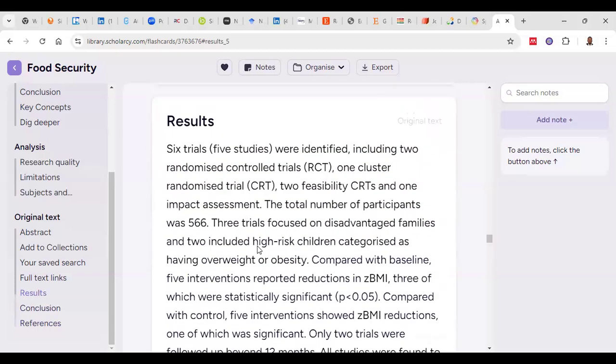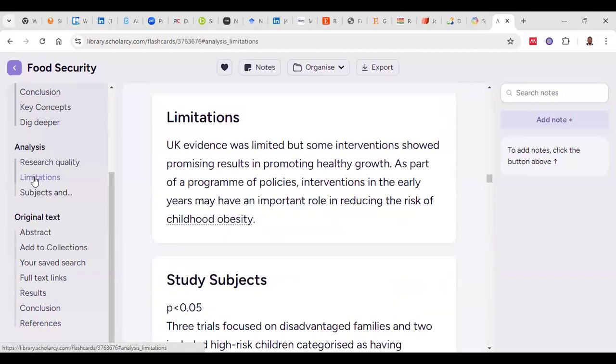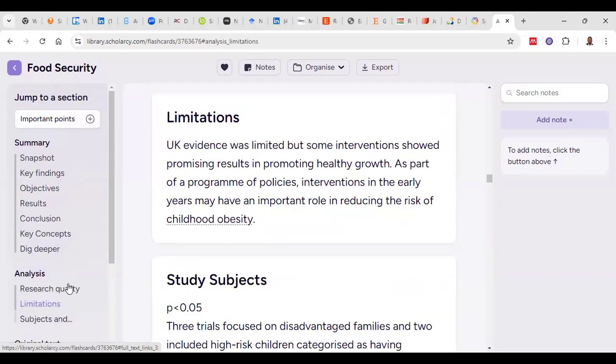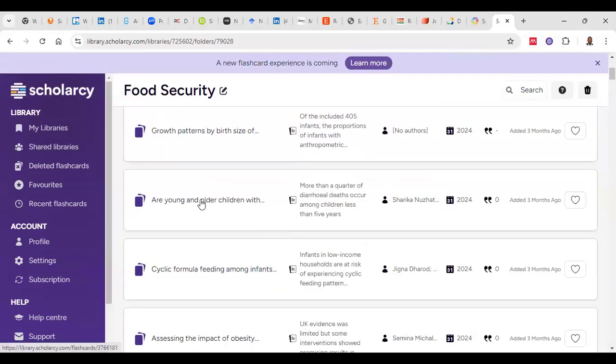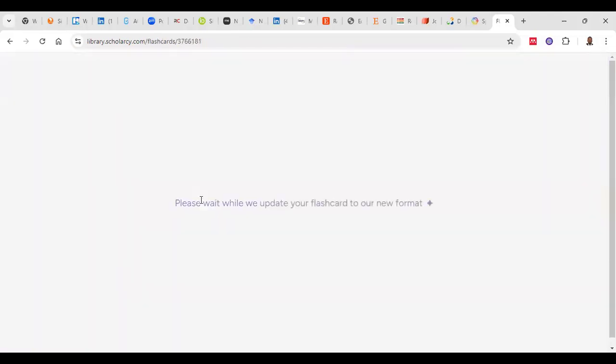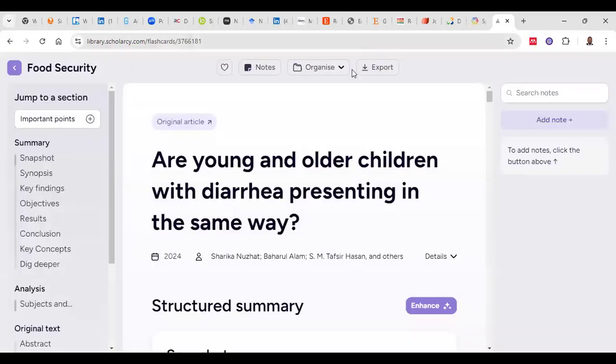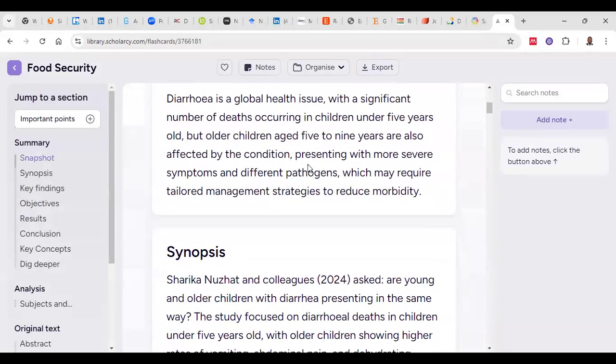Basically, this summarizes the paper so that you don't have to go around reading every single word. It makes your work easier because you can read the summaries. I will send an email to them. I think there are some challenges with the way the flashcards are looking now, but you can go and test it and see if it makes your work slightly easier than reading these papers word by word. The other thing I want to bring to your attention is that once you do your summaries, you can easily export those summaries so that when you are offline, you can be able to